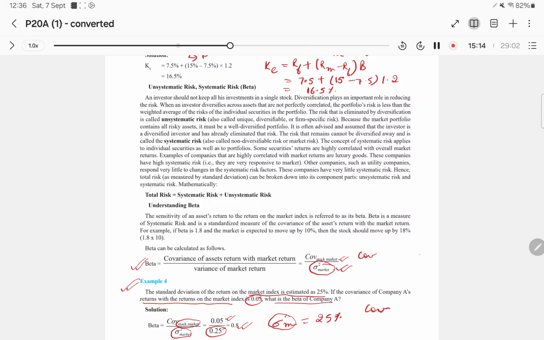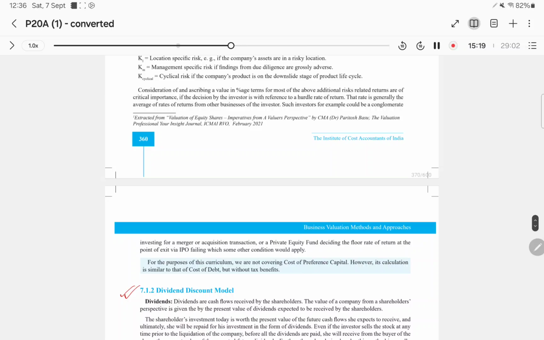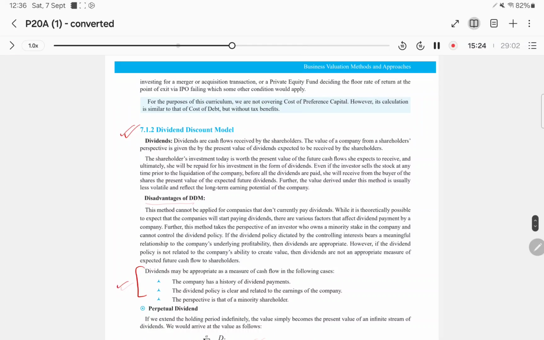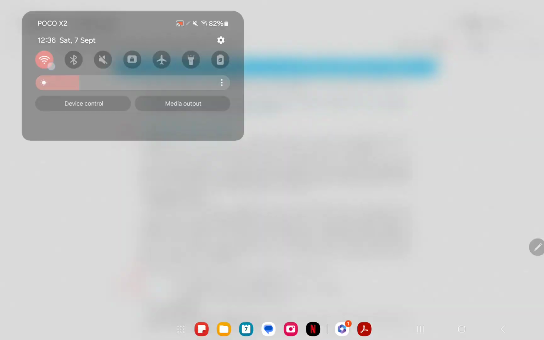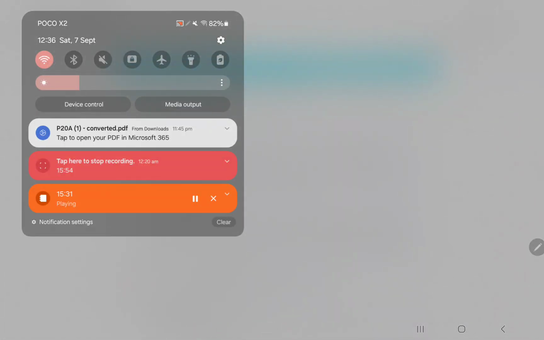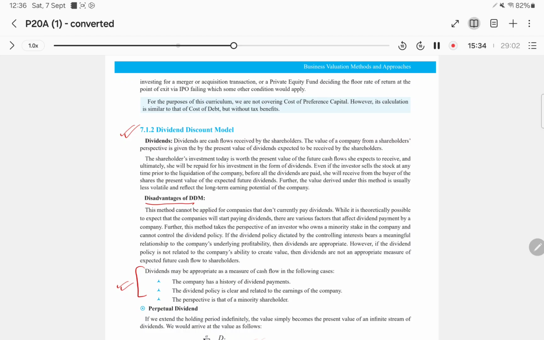Now, one of the important models in this chapter is the dividend discount model. What does the dividend discount model do? Learn its disadvantages. Maybe in the examination they may give you a theory question regarding this. What are the disadvantages of the dividend discount model? I'm not going through the theory because what I have planned for this video is to go through the entire sums on illustrations of this chapter. If you find anything you cannot understand, you can comment below and I'll help you out with it.